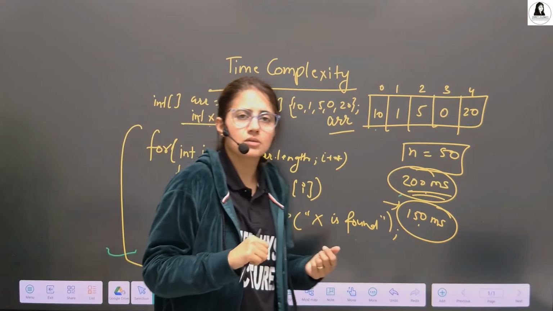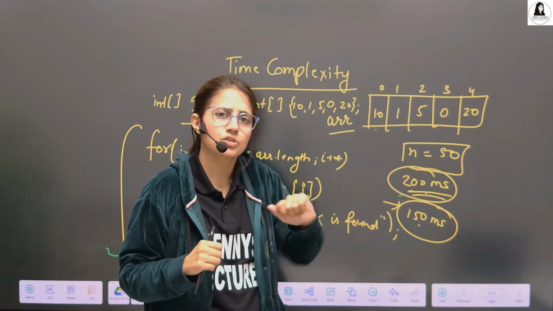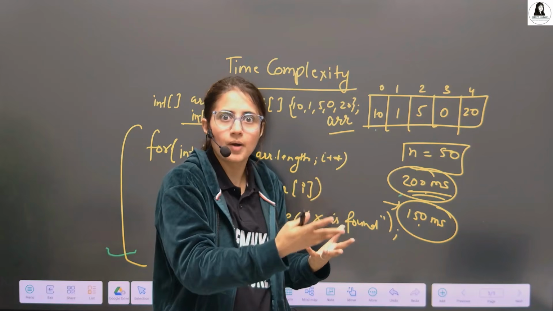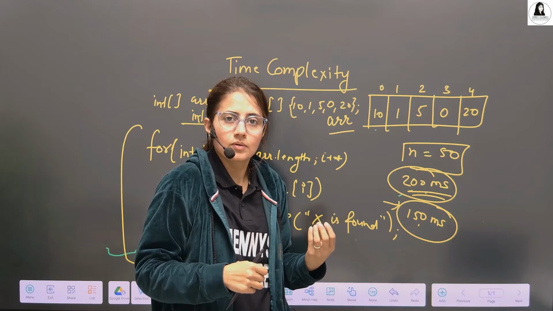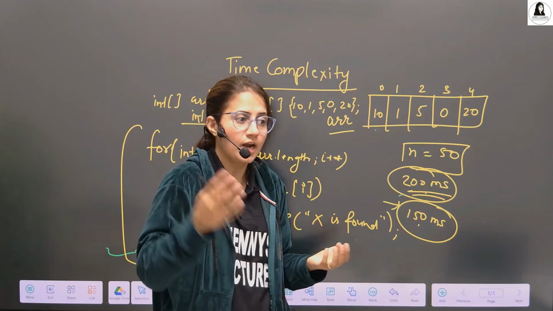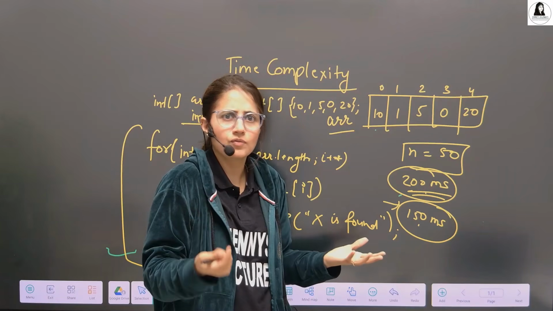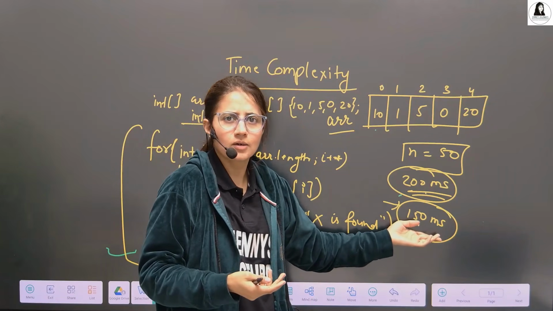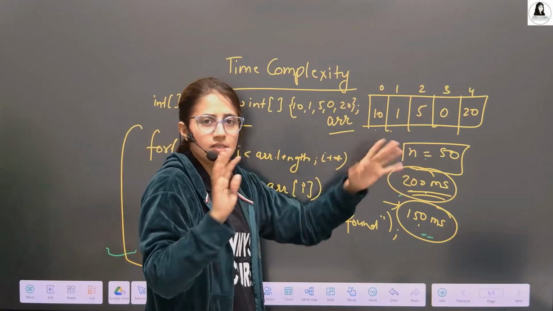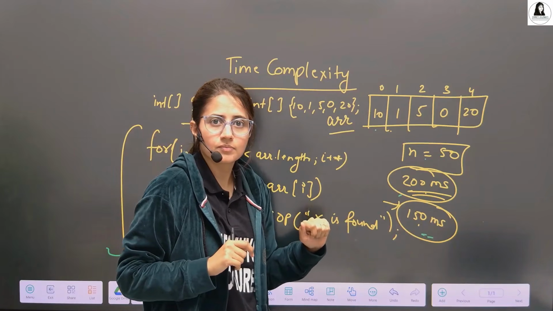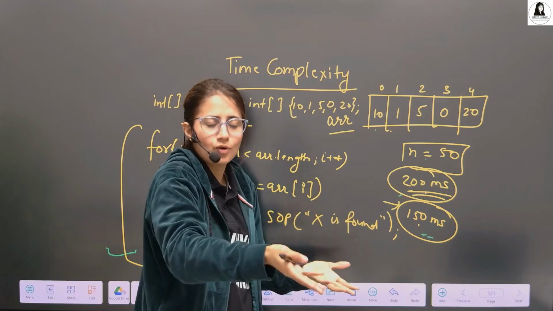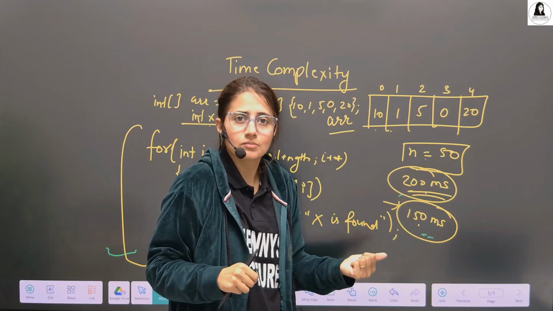Maybe my machine is an old machine, it is having only an i3 processor. My friend's machine is having an i9 processor. So obviously it depends on the power of the CPU, right? The resources or the type of laptop my friend has. If that laptop is better than my laptop, then obviously it will run faster than mine. The program is same, the data is same, the size of the data is same, but still it is taking less time. So it depends on the hardware of your machine.